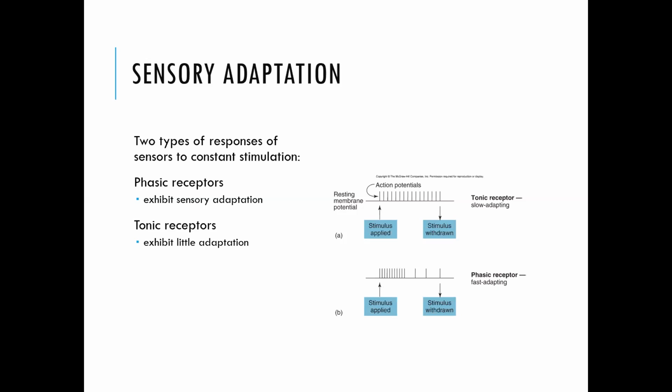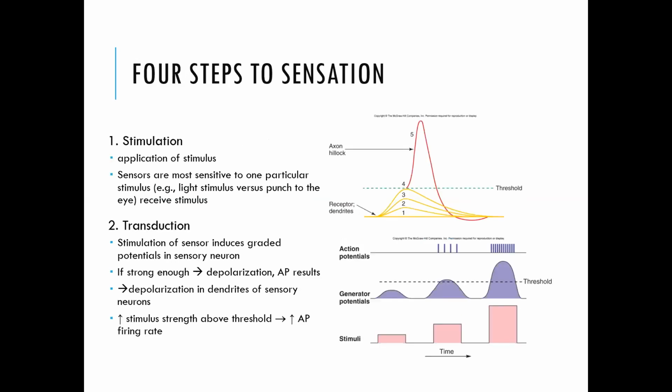So based on the type of action potential being generated, you can have your phasic receptors adapting to those to tell you whether you need to respond quickly or slowly, compared to your tonic receptors, which just give the same types of response generally all the time. They are slow in adapting to those changes. Generally speaking, when we have senses or the way we react to different things or our sensation, it occurs in